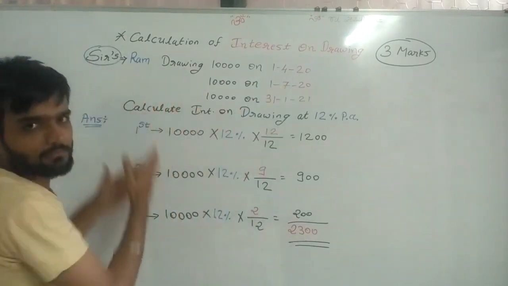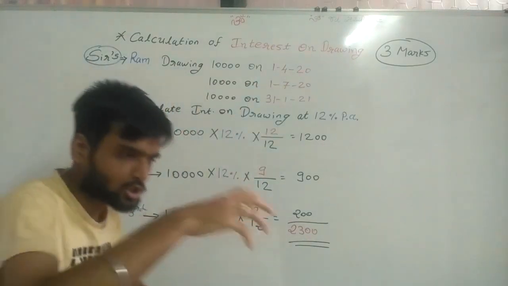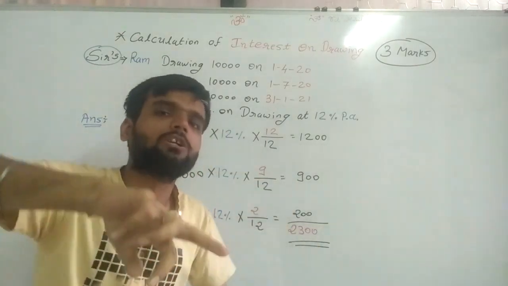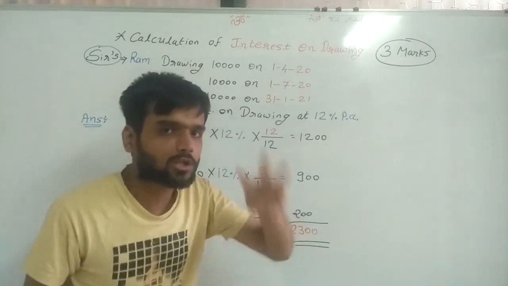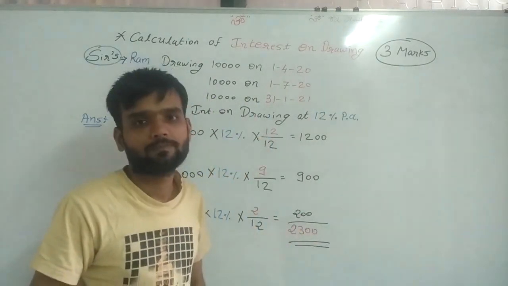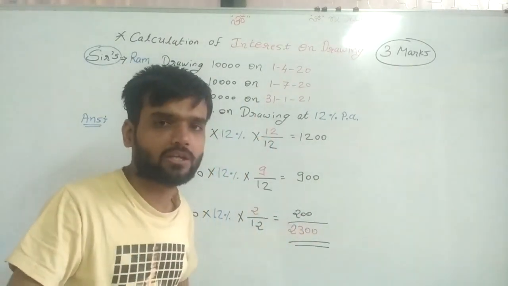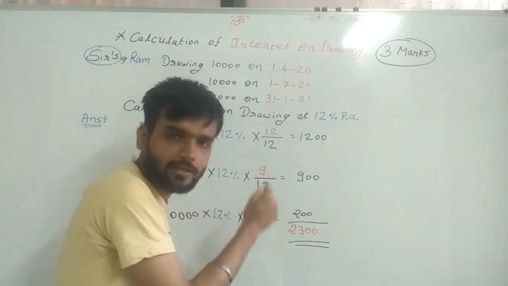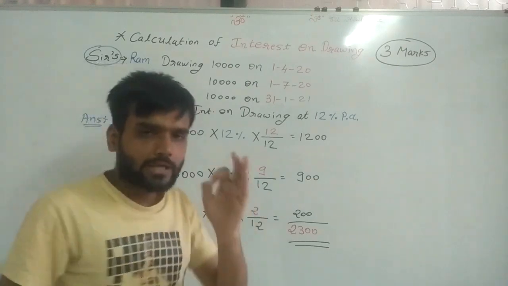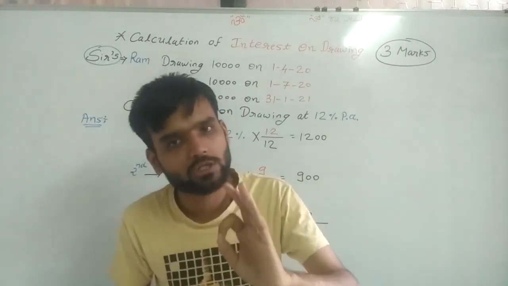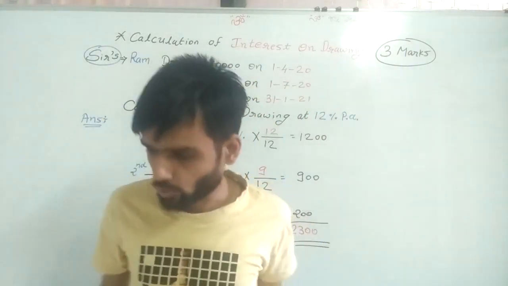Here the person is the same but drawing is on different dates. That's why we need to calculate it 3 times. And how we calculate that we need to understand here. Again, for this sum dates are a very important matter. So again,